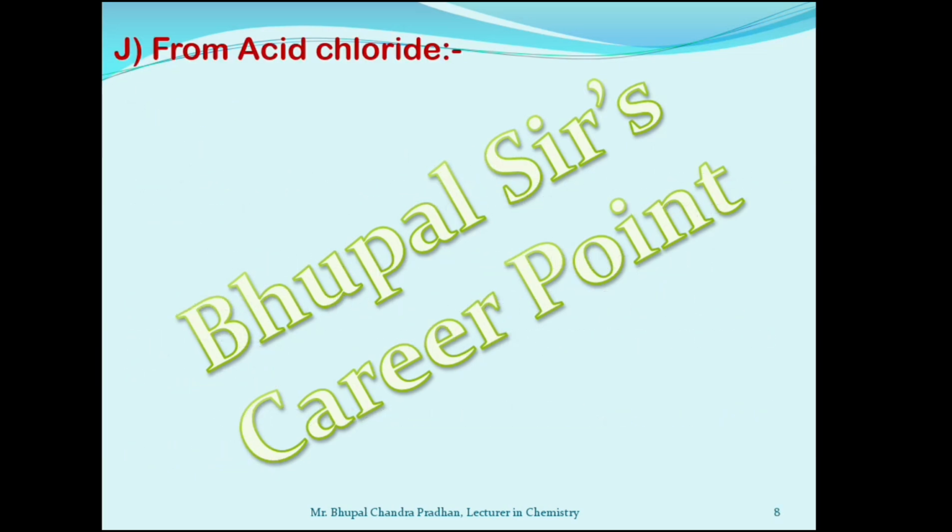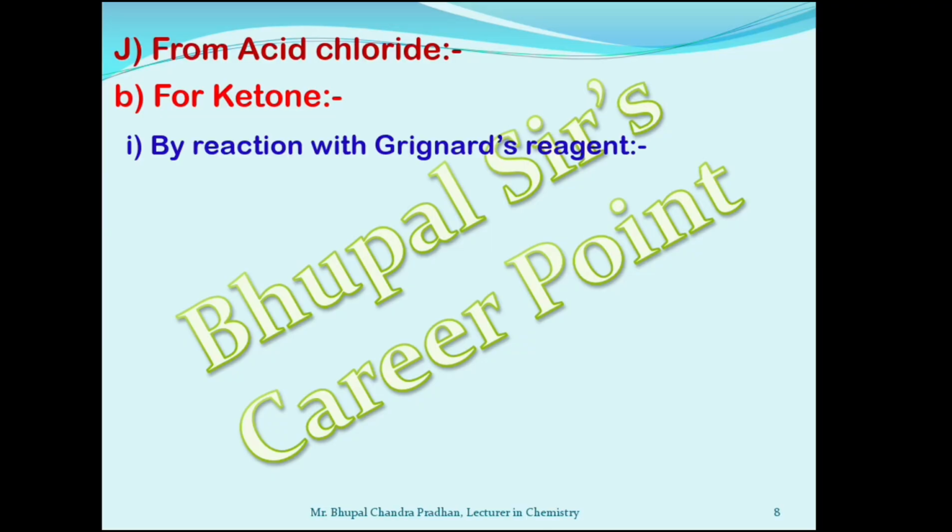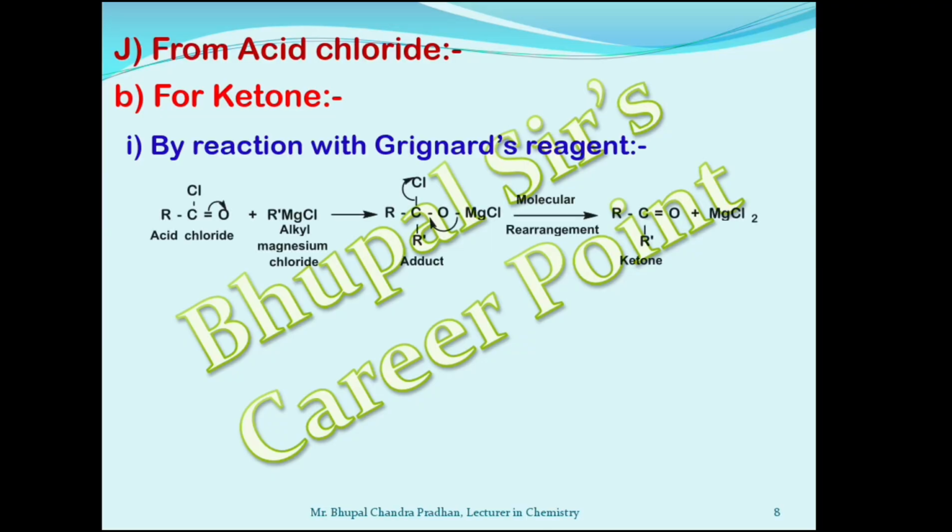Now let us know how ketones are obtained from acid chloride, by reaction with Grignard reagent. In case of aldehyde we need formyl chloride; in case of ketone we need acid chloride. When acid chloride reacts with Grignard reagent, alkyl magnesium halide, when acid chloride reacts with alkyl magnesium chloride,